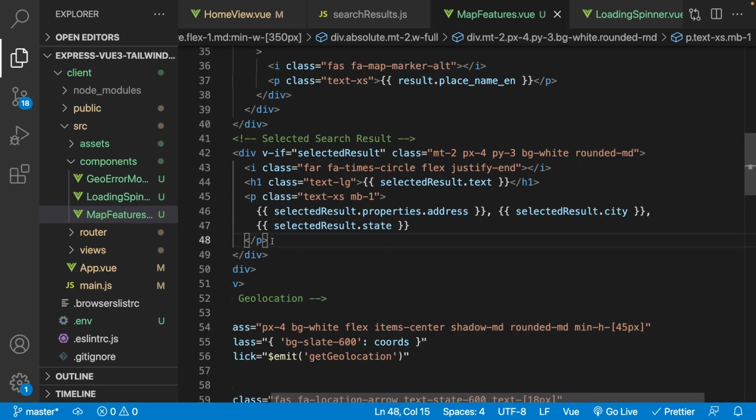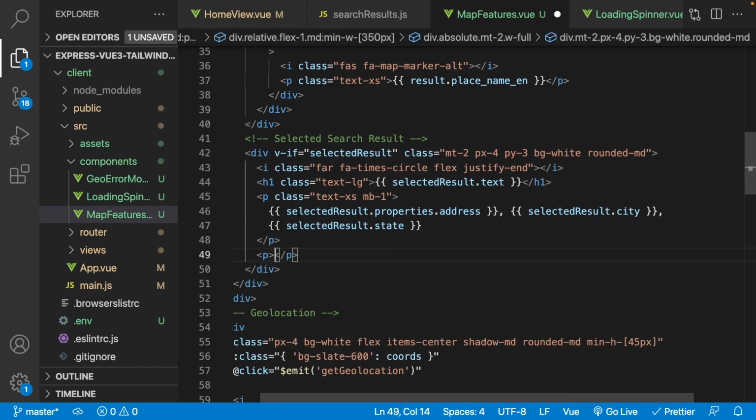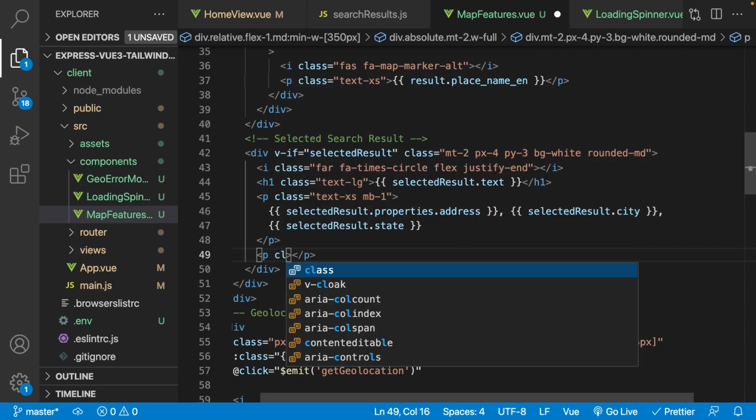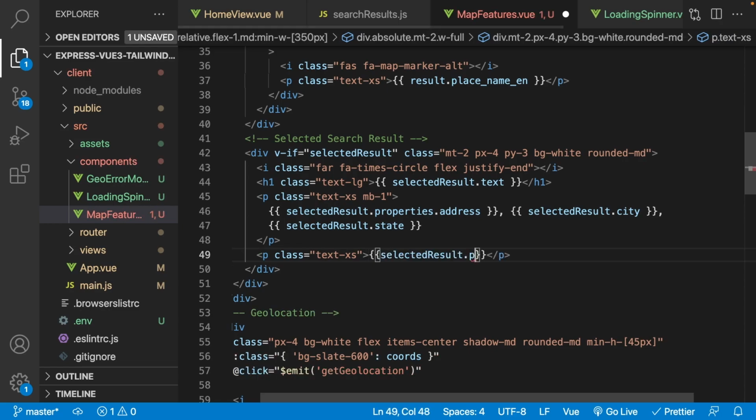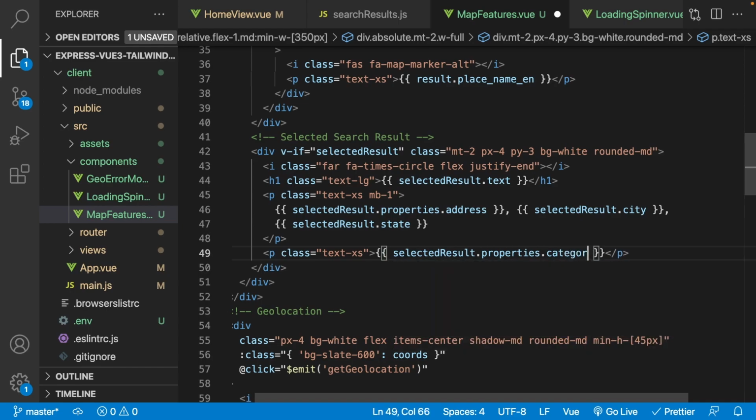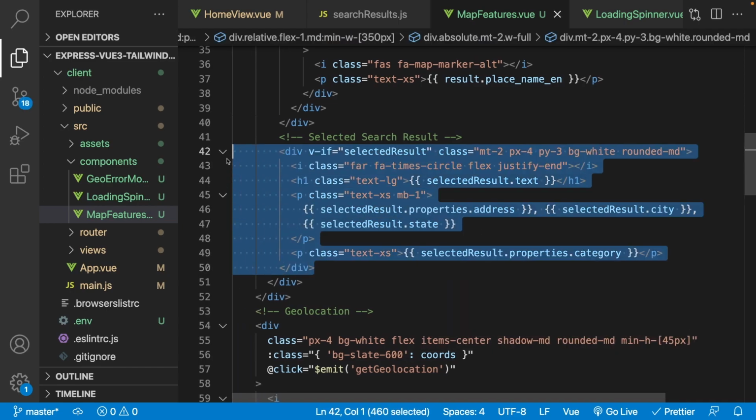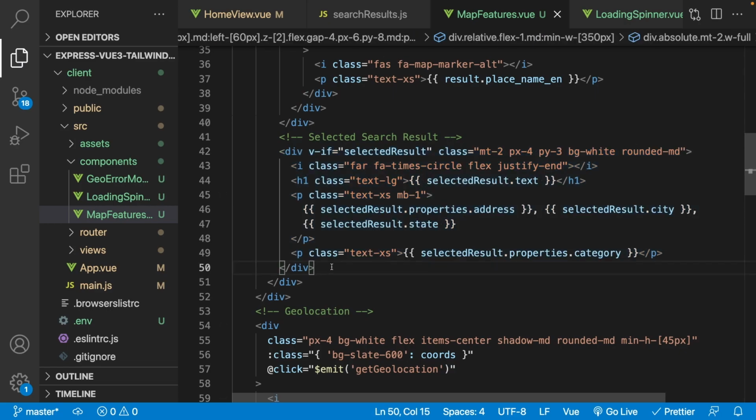Now the last thing we're going to add is going to be the category, and once again we'll store this inside of a paragraph tag here, and we'll apply a class of text xs again, and then what we'll do is our curly brackets, and we'll do our selected result, and we can go back into our properties here, and then we'll add the value of category. All right, and there we go. So that should do it for our little display here for our selected search results. So now if we head over to our application and we select a result, we should now see our selection